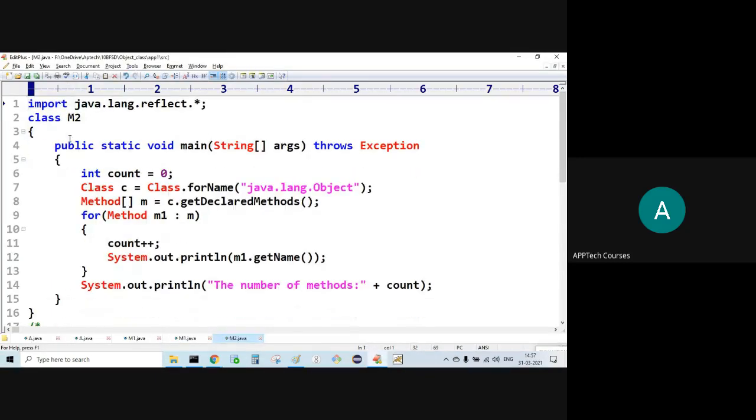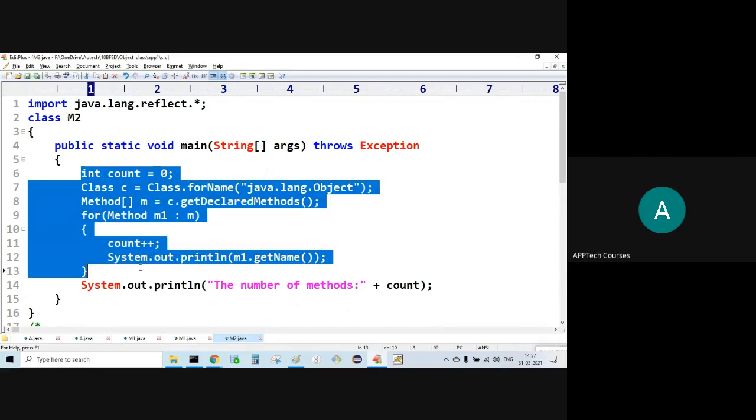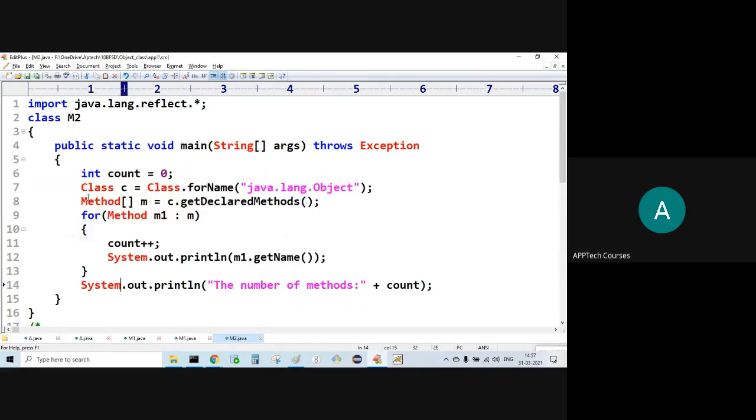Now, what methods are available in the Object class? The syntaxes you will come to know in the reflection API. Don't worry about that now. Simply, I need to find out what methods are available in the Object class. Where is the Object class available? In the java.lang package.